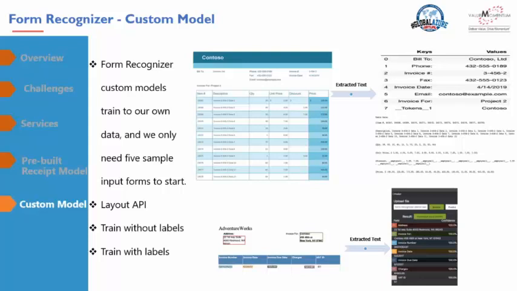The service uses unsupervised learning to understand the layout and the relationship between fields and entries. What that means is it creates clusters, that is, it creates groups of similar form elements into one cluster, like all table elements are grouped together, all key value pairs are grouped together, and so on, and tries to extract the information from that data.